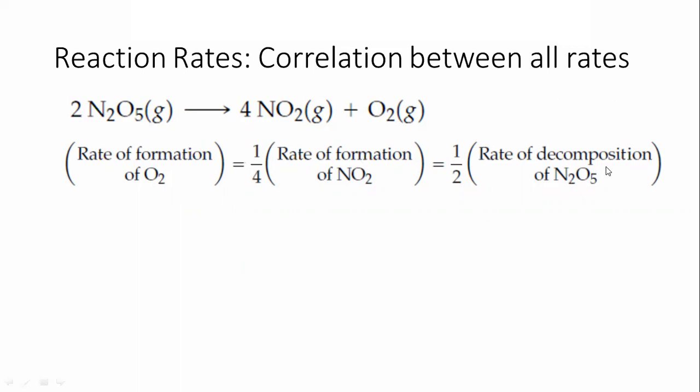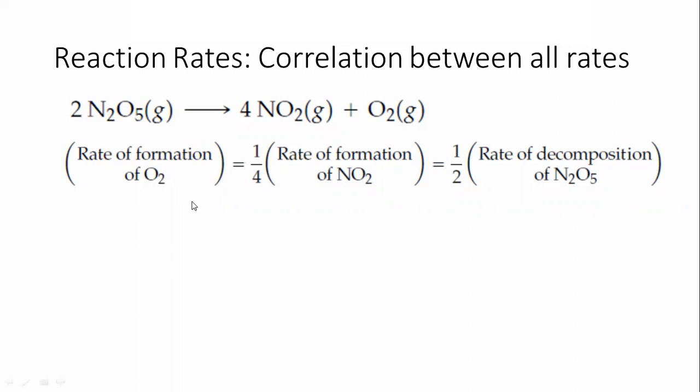So here is the easiest way, and you should always remember this option. We are not going to use the first option; we are going to use this option. You just have a look at the coefficient of each of the reactants and the products, and you just divide by these coefficients, and these rates become equal to each other. Later on I will take your questions and explain this further. So let me prove this one.